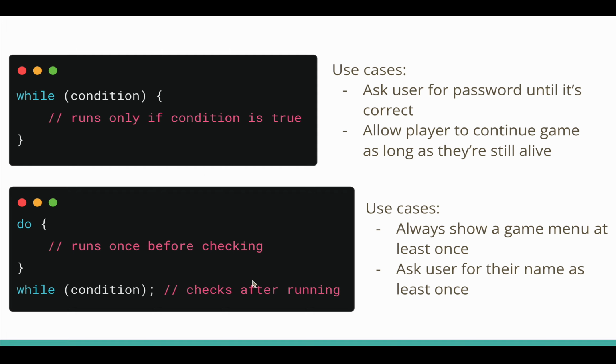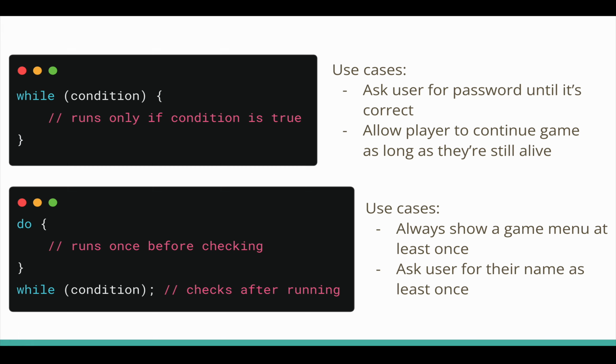A do while loop looks like this, and it's pretty similar, with the while condition on the bottom, but what's different is it has this do part at the top. You would typically use a do while loop when you want to show a game menu at least once. So this do part will just show the game menu,